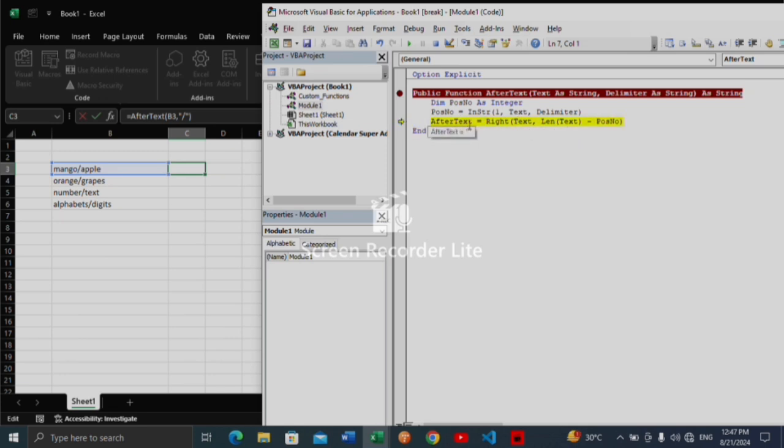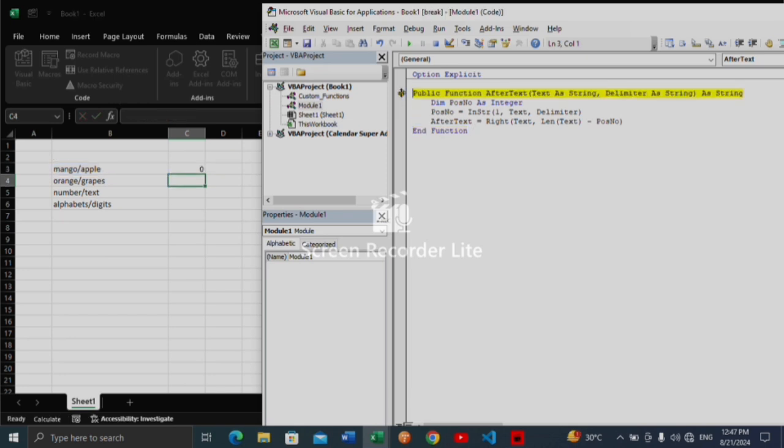So in the future I will upload other functions like TextBefore or TextBetween or Sort function, which are only available in Excel 365. But I will make them for you in lower versions of Excel using VBA code,